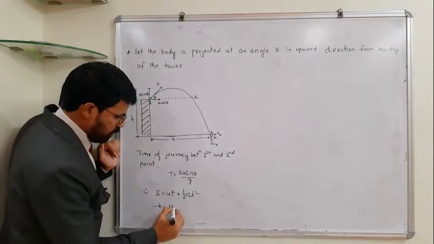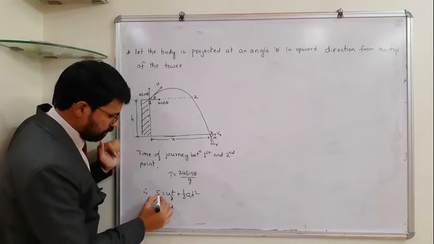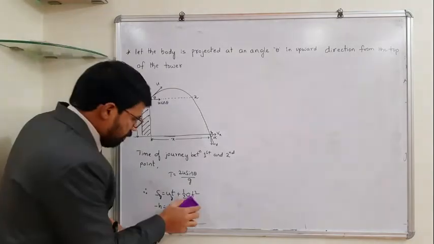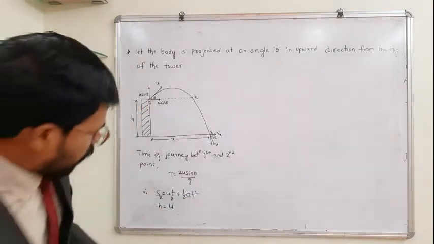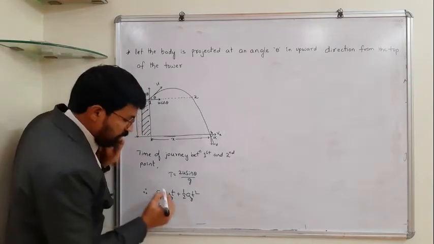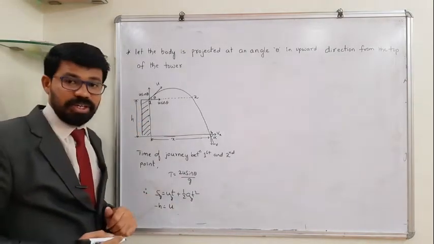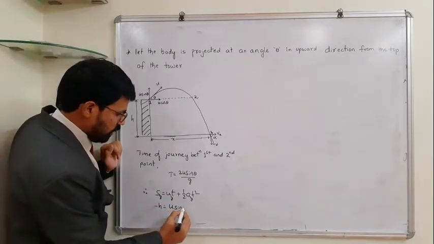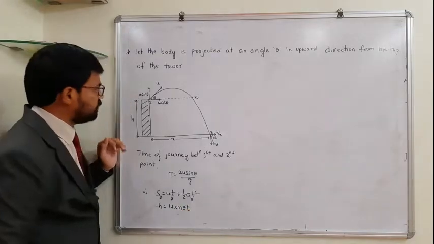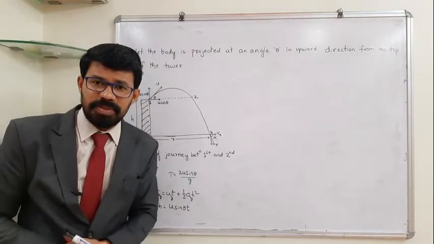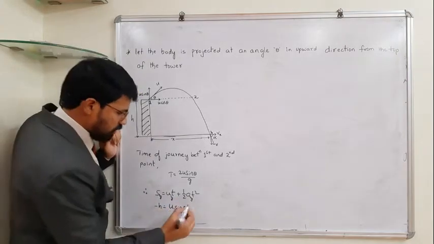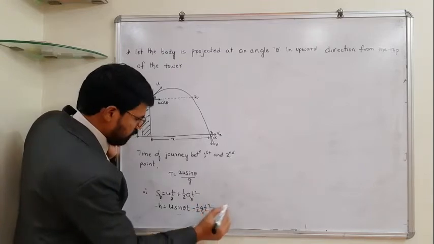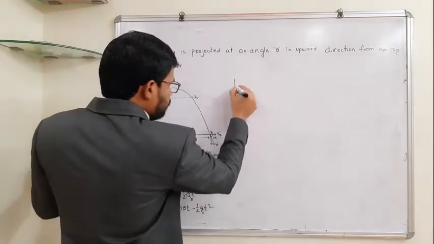So here you will get uy, here it is sy, here it is ay. Okay, means we are dealing with the vertical direction. So all parameters: acceleration along the vertical direction, initial velocity along the vertical direction, displacement along the vertical direction. That's what I meant to say. So sy is equal to minus h, uy is u sin theta into t, and ay, since it is projected in the upward direction, acceleration due to gravity will be taken as negative, minus g, isn't it? So replace this ay with minus g, and you will have minus half g t square. And this equation can be rearranged like this.